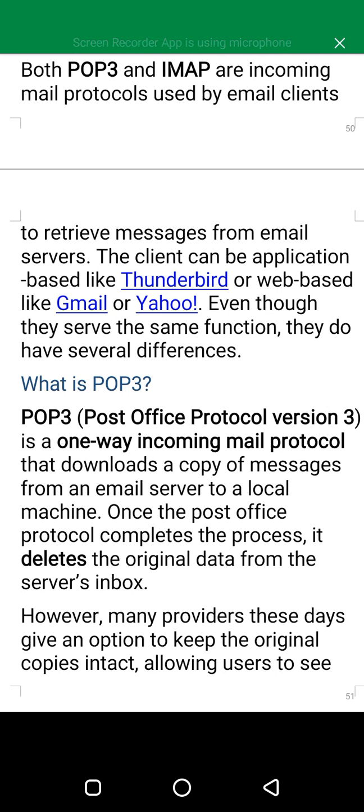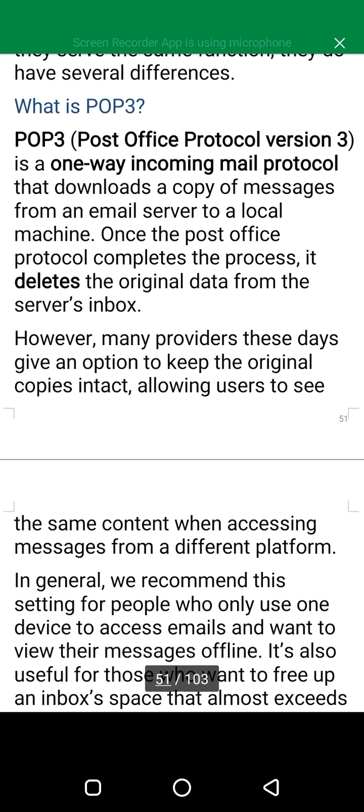What is POP3? POP3, also known as Post Office Protocol version 3, is a one-way incoming mail protocol that downloads a copy of messages from an email server to a local machine.